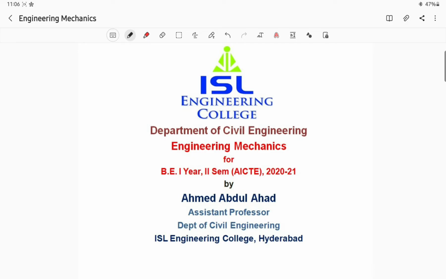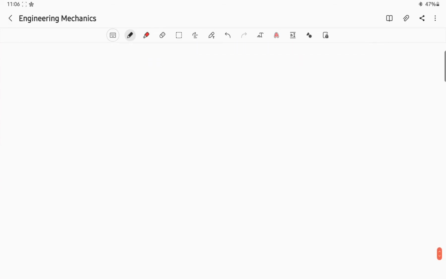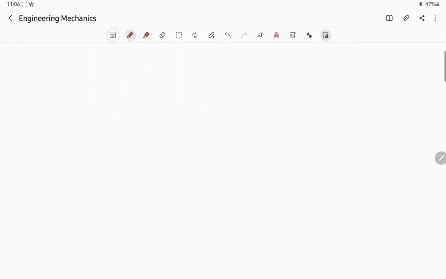Since we were discussing frames, today we'll take up another frame which comes under the category of cantilever frame or cantilever truss. So note down the question. A cantilever truss shown in figure